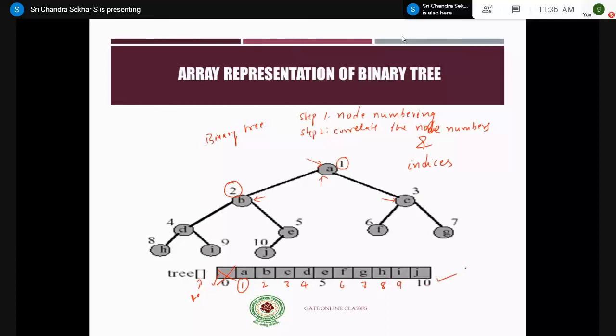So, this is how we represent a binary tree using an array representation. Here we have a correlation, or a link, between the index number and the node number. Therefore, one should be very clear about the node numbering concept of binary trees if you want to represent it with an array representation, right? So, a very straightforward example, and you can observe the disadvantages of representing trees using arrays.